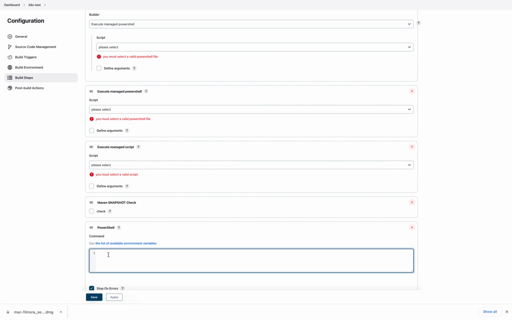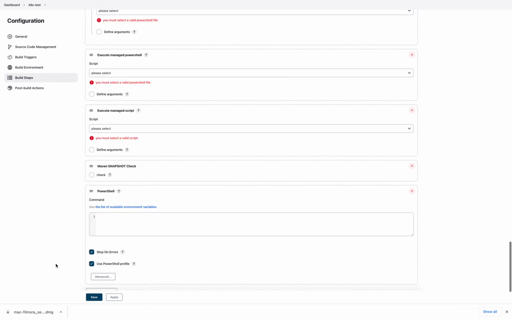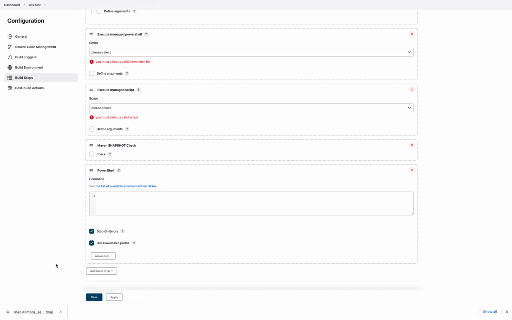Here I can give a standard Maven command to execute, which will include your build command for your project